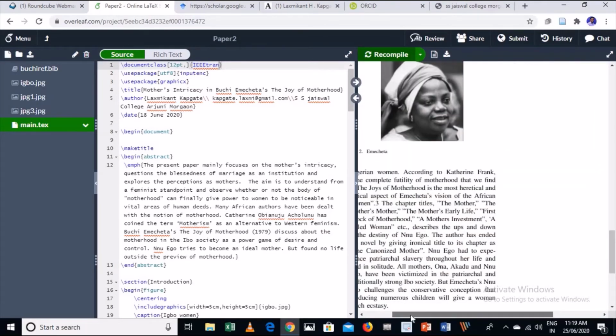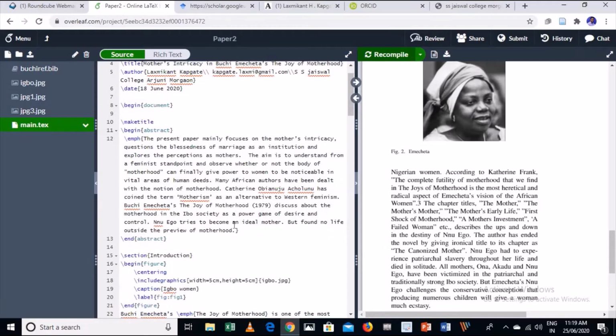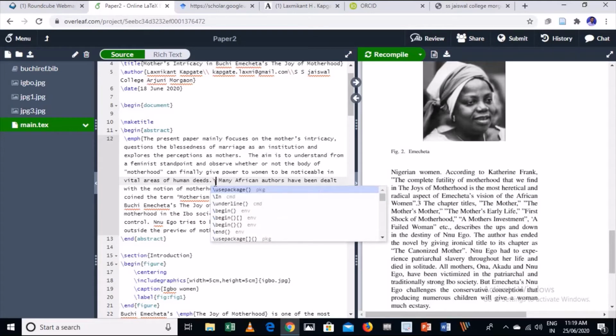Now in this paper I am going to cite some works. When you cite any work in your paper, for example in this abstract, let me cite one work in this sentence. For this you just type backslash and write cite.